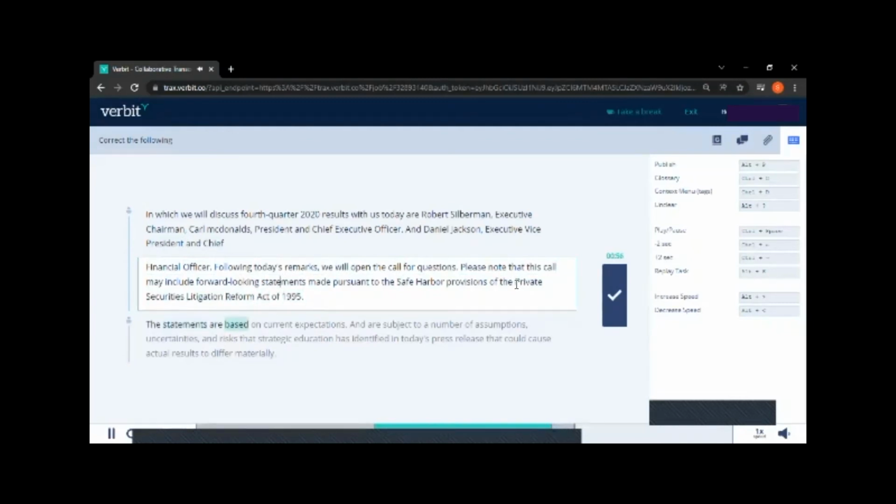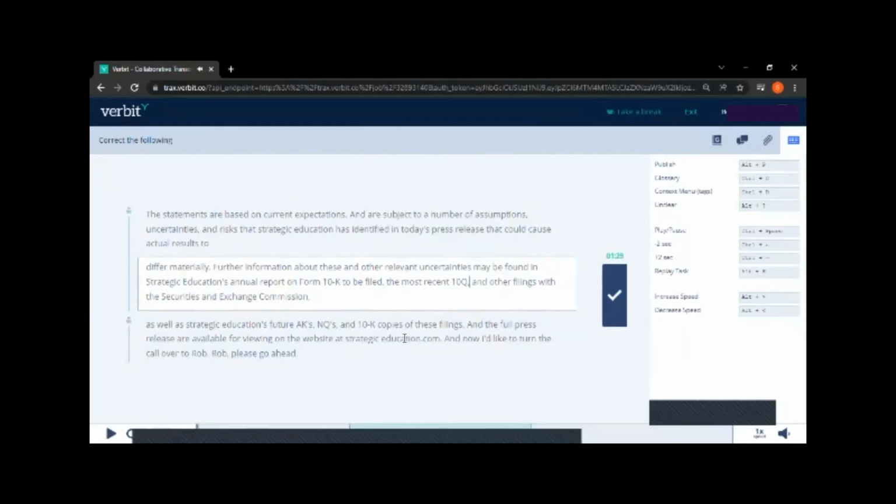The statements are based on current expectations and are subject to a number of assumptions, uncertainties, and risks that Strategic Education has identified in today's press release that could cause actual results to differ materially.